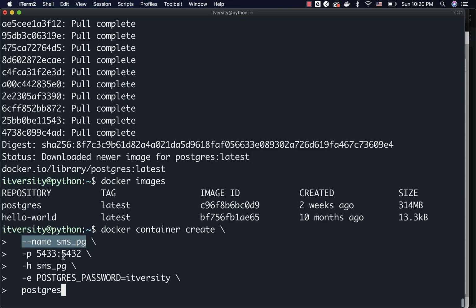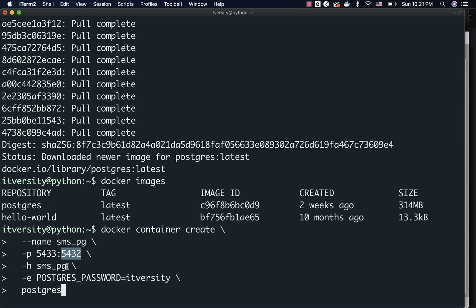Typically, Postgres will be running using port number 5432 as part of the container. We are trying to publish that port on which the database is going to run to 5433 on host. There are several reasons why I am doing this. For now, just make sure that you use 5433 to publish the database port from container onto the host. On host, the database will be bound to the port 5433 even though it is actually running using 5432 as part of the container.